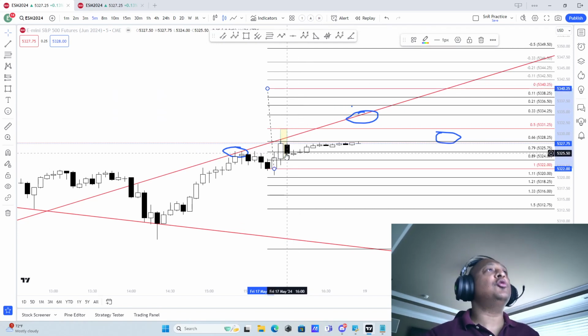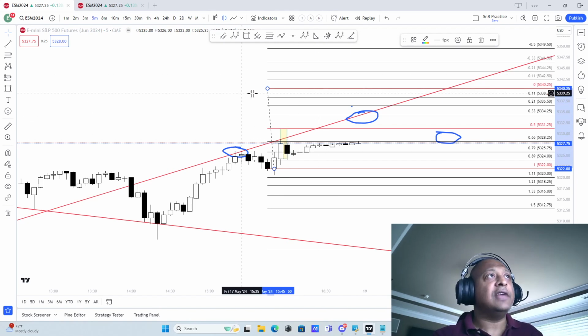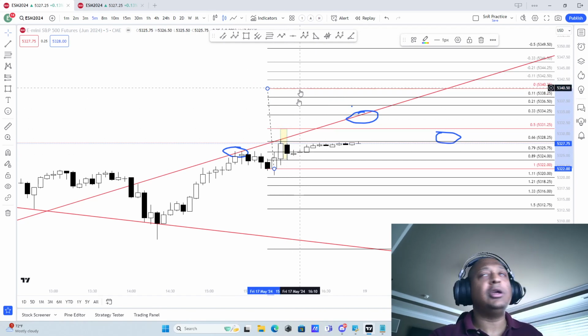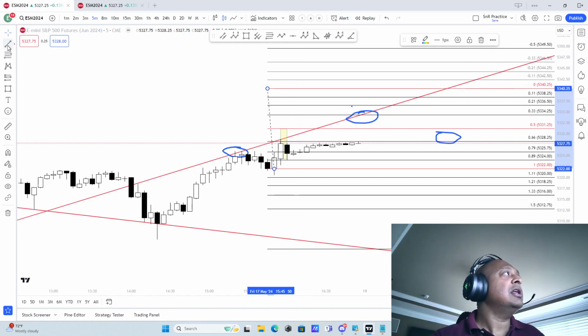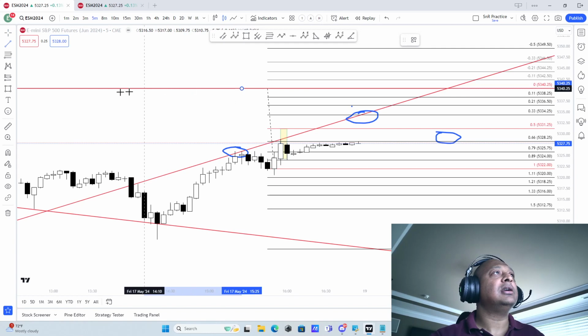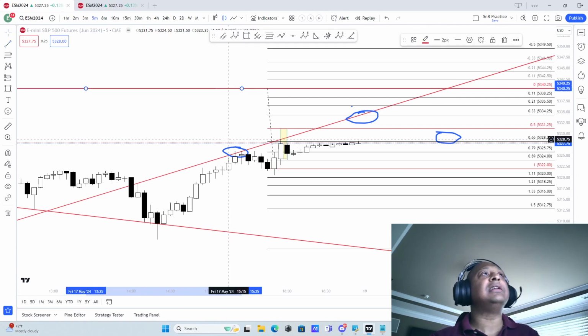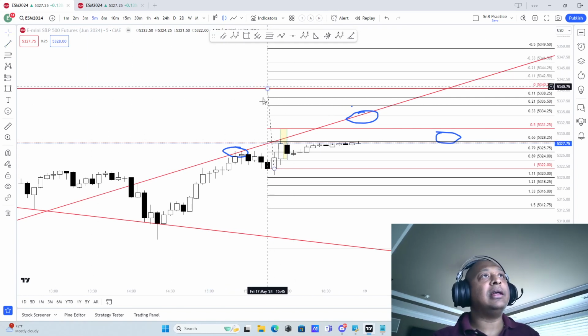So there is no way to look at anything. There is no need to look at any other stuff. If you know where the market is doing 1:1, that is a wonderful place for you to take profit. Now, if you want to see if there was something that may prevent that from happening,